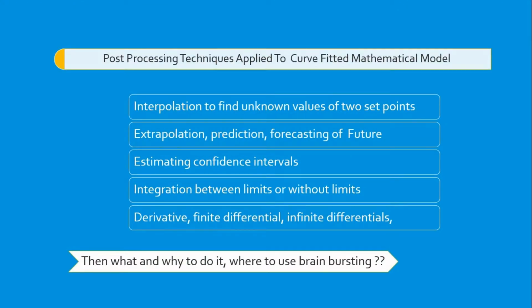The next one is the post-processing techniques applied to a curve-fitted mathematical model. The first one is interpolation, to find unknown values between two set points. If we do not know the value between two points from experimental data, we can find it by the curve-fitted mathematical model in an easy way. Next is extrapolation, or prediction or forecasting of the future. If we assume that a given system will proceed at the same analogy, then we can extrapolate the given data